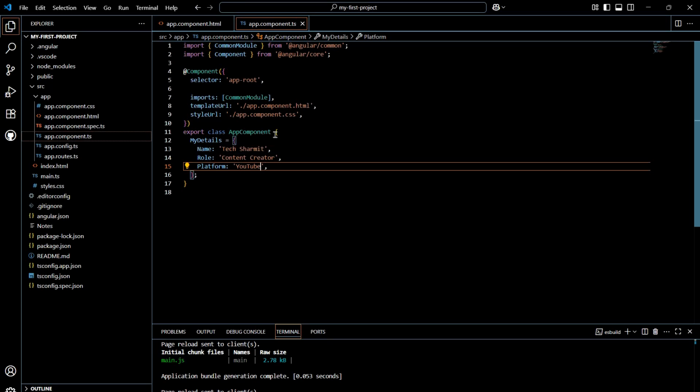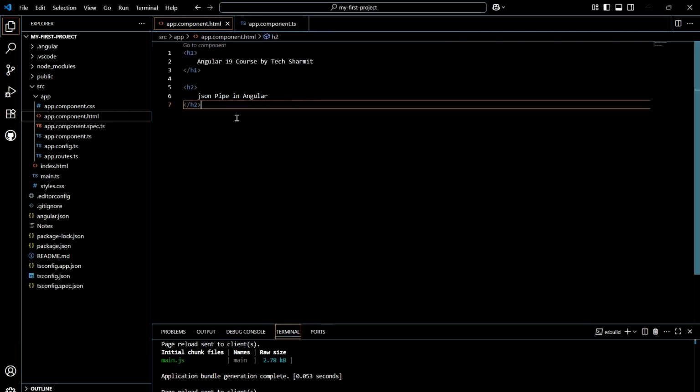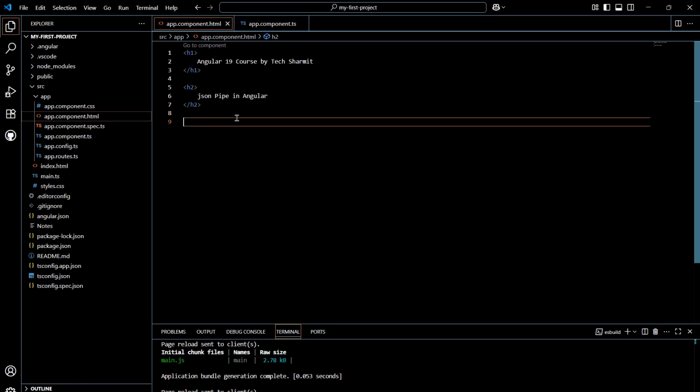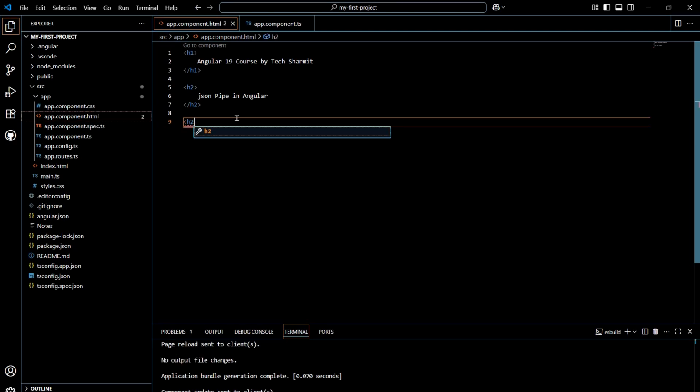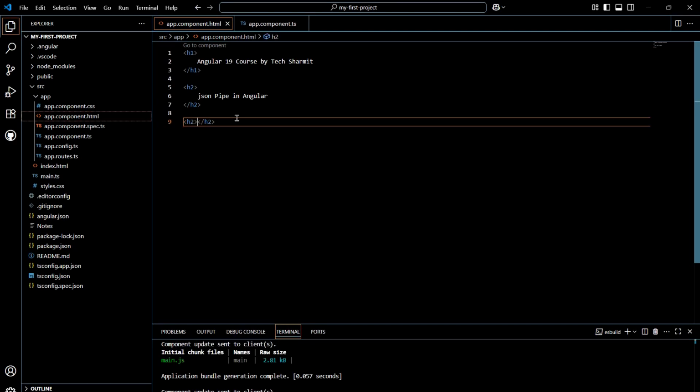Now our requirement is that we want to show this object on the browser, but as a string. Okay, so let's see how it works. We are done with the module, we are done with the object. Now it's time to go to the app.component.html file again, where we have already placed 2 headings. So now let me put another heading where we will show my details